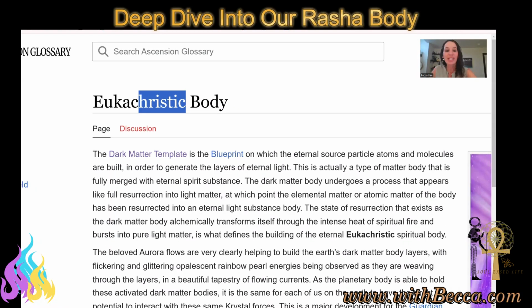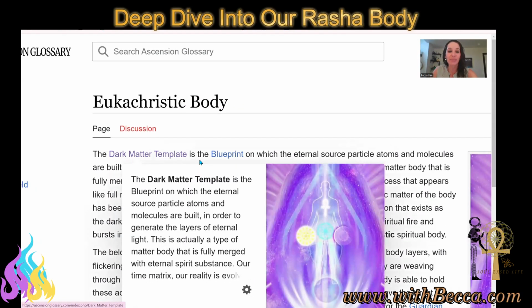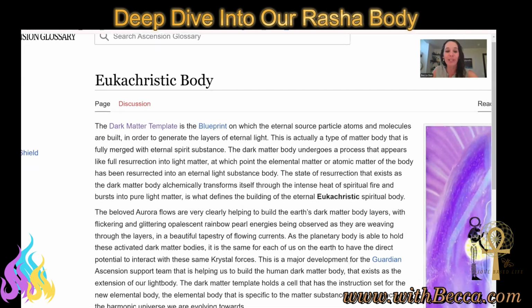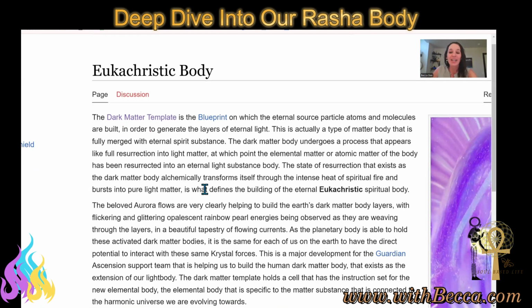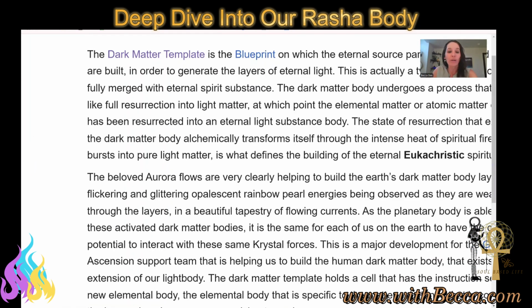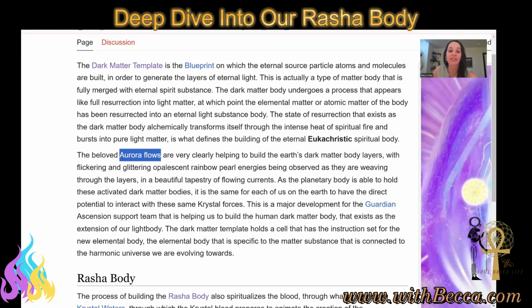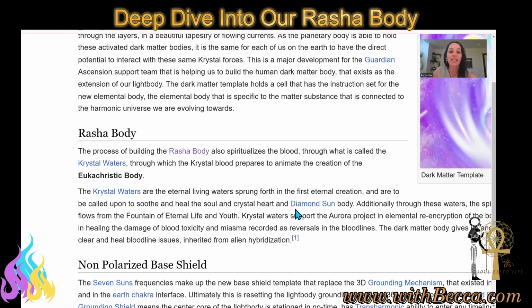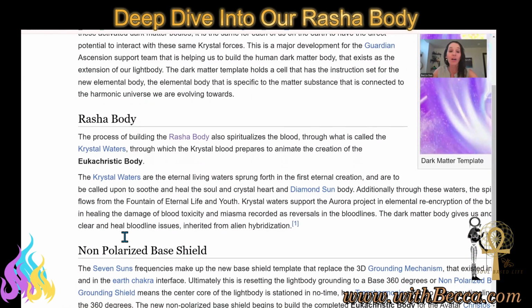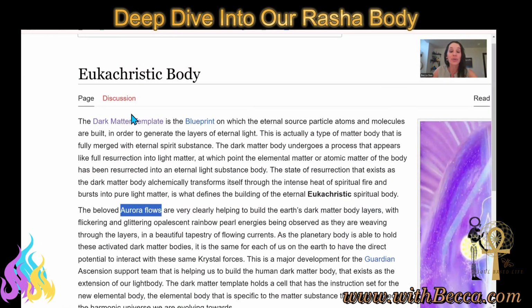But you can see that it's also connected to something called the dark matter template. She replicates it over here, that this is where our aurora, our beloved aurora, so our future earth timelines, are fully Christed templates, bodies that were not ever in fall, are actually connected to our eucharistic.